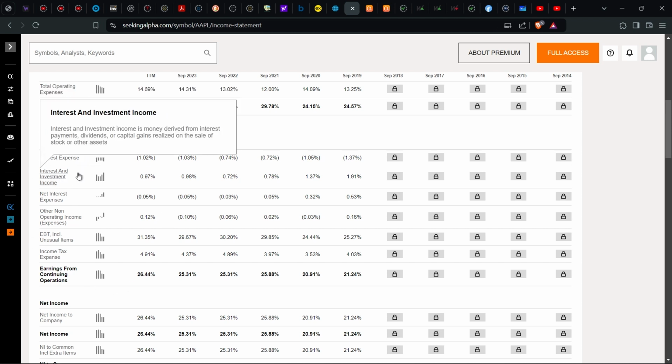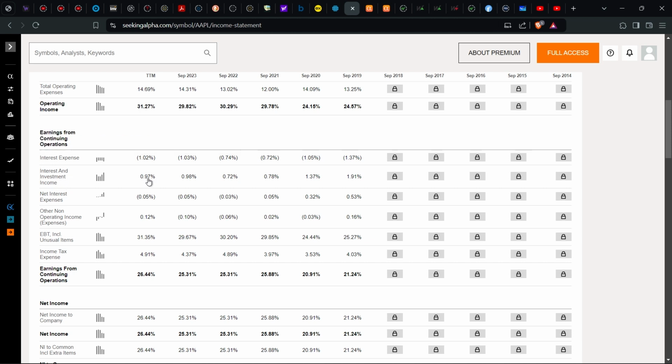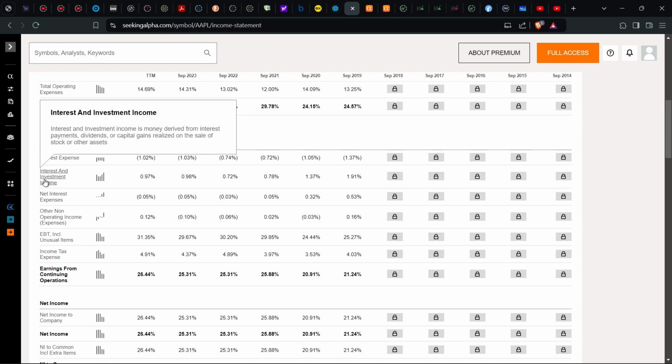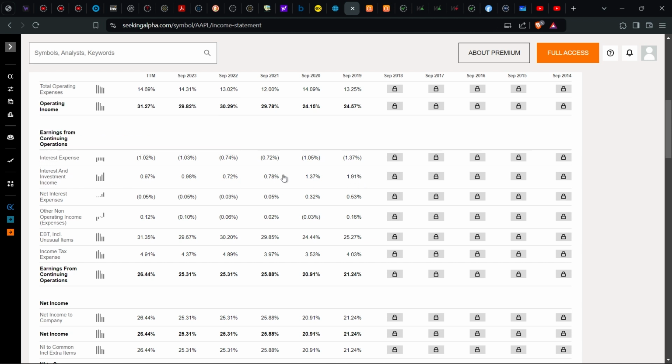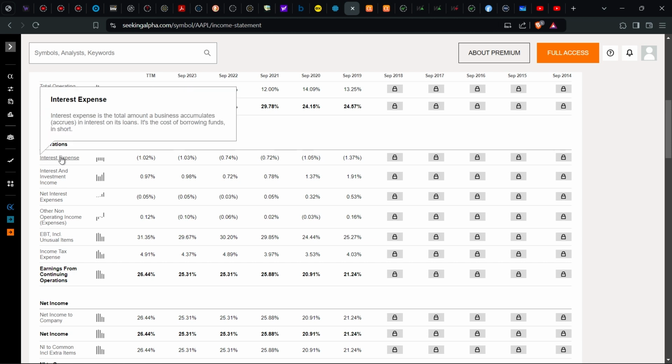And you can see interest and investment income is here, meaning for every $100 in revenue, 97 cents was from investment income. Okay, you can see this number has been slowing down for some time, but no worry. Interest expense, this is what you need to be careful of when you are looking at this part of the income statement, because it tells you how much of a company's revenues are going to pay interest on